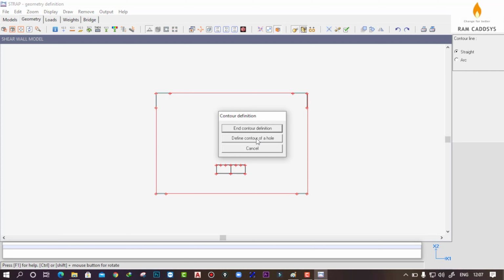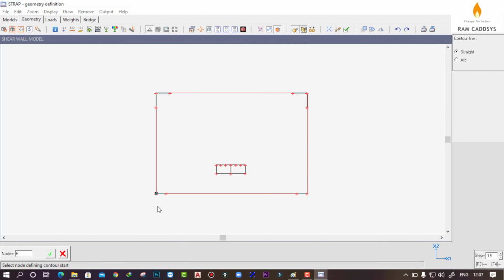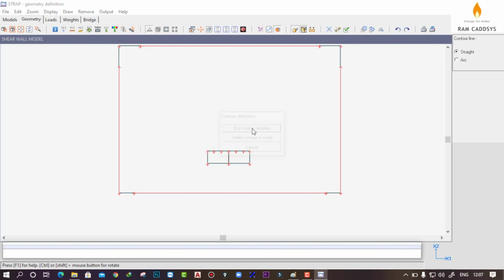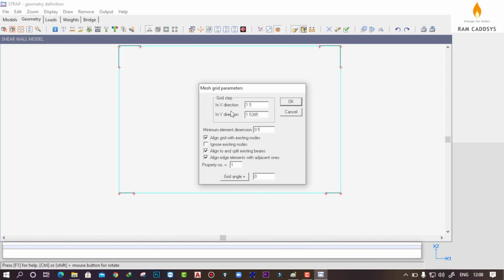Now click on define contour of a hole. We want a hole or opening in our shear wall section or core wall section. So select the 4 corners of the core wall and click on end contour definition. Now provide the grid step or contour step.